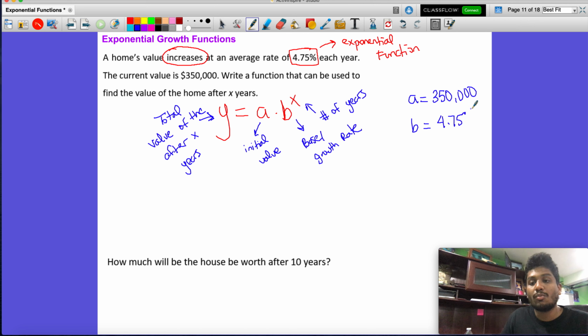Now this is 4.75%. You always have to convert this percent to a decimal, and you can convert 4.75% by taking this decimal and moving it to the left once, twice. So that's where my decimal goes. Now notice that there isn't a number there, so I'm going to fill that space with a 0. So my b value ends up being 0.0475. So our equation now is going to be y equals